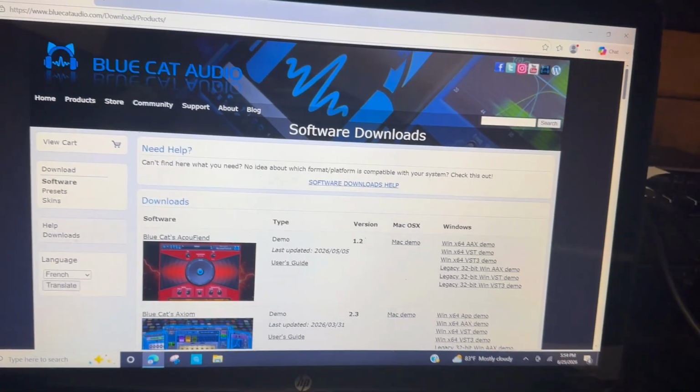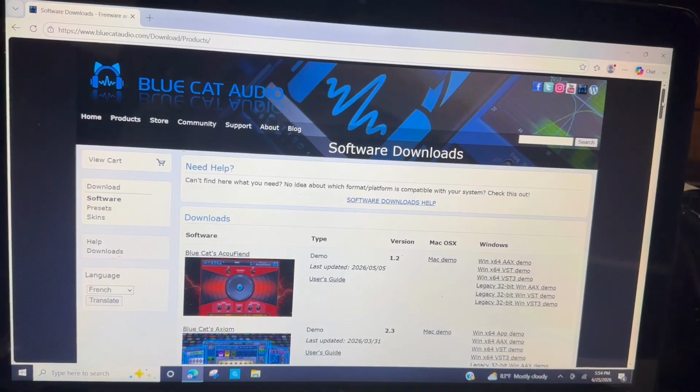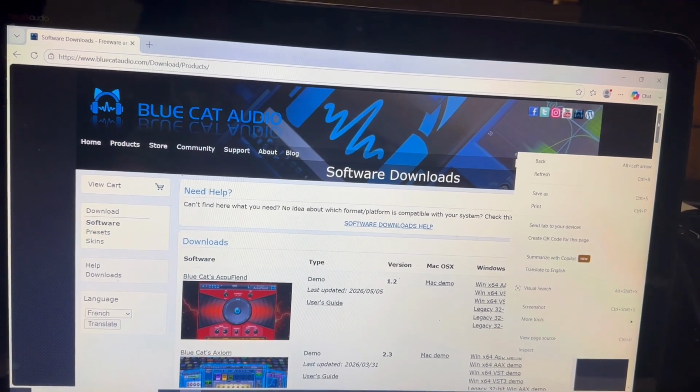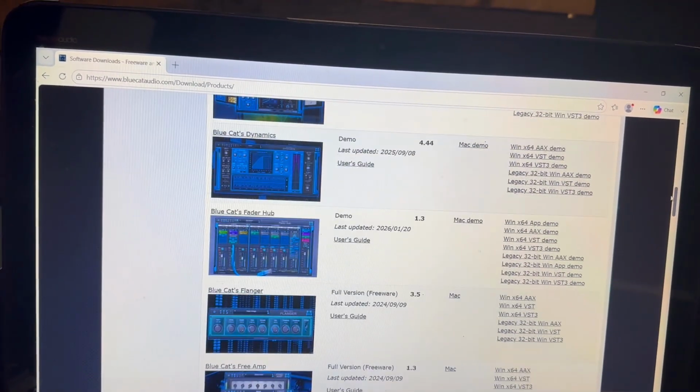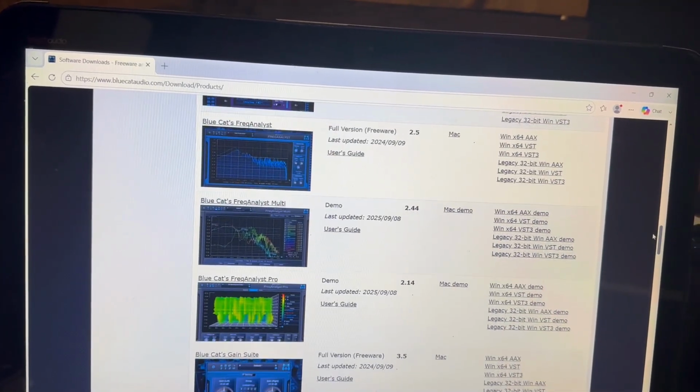That's the important thing. This is the Blue Cat Audio website where you will find Patchwork. I'm going to just take you down. I'm going to scroll down to show it. Here we go. Hard to do while holding a camera. It's going to be shaky. You go down to,